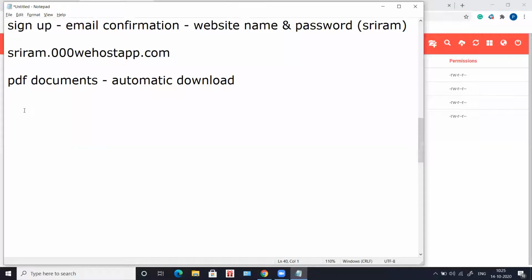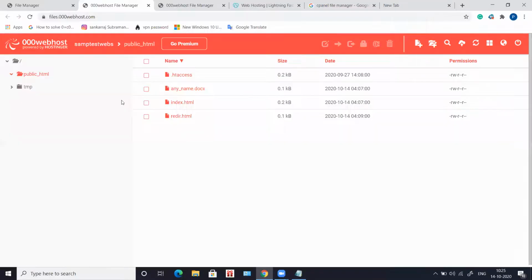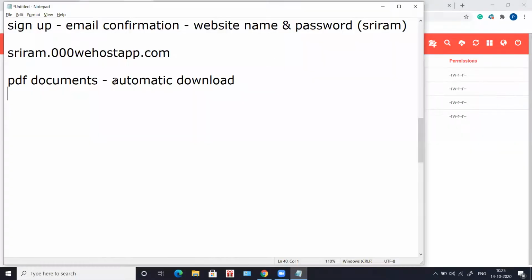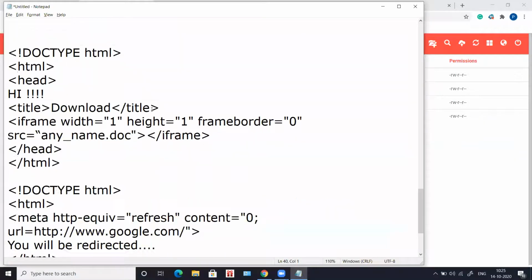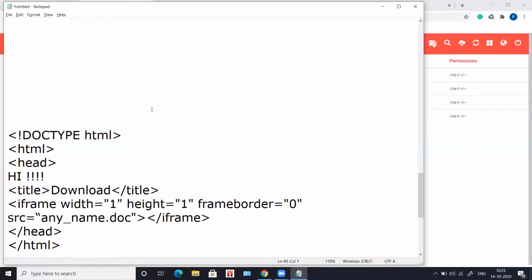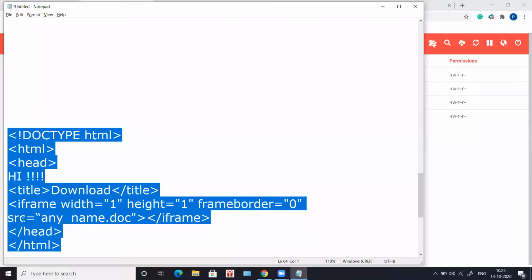And most of the malicious attacks will happen with such type of concepts. So I'll tell you how this can be done with just at least 4 to 5 lines of code using HTML, and you can actually perform this in 000webhost. Okay, so we have a code for this automatic download. The code is this. Okay, so this is just like 1 2 3 4 5 6 7 8 9 lines